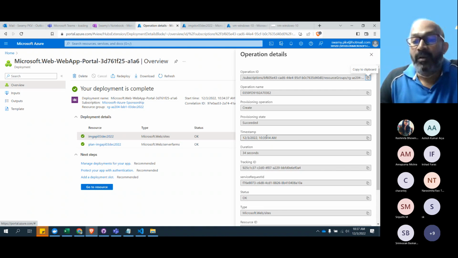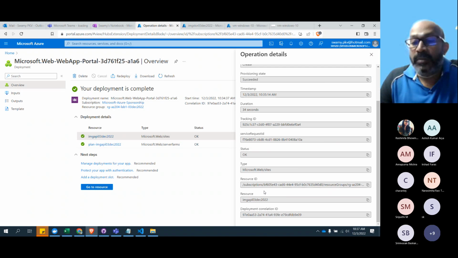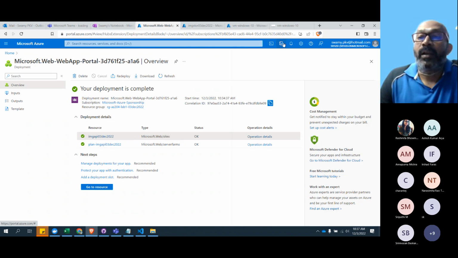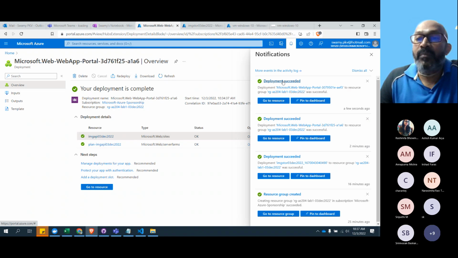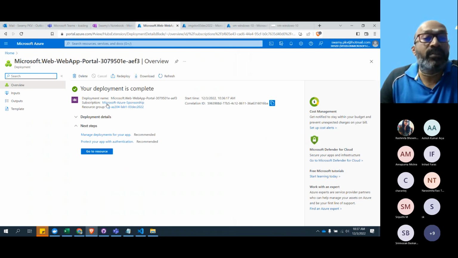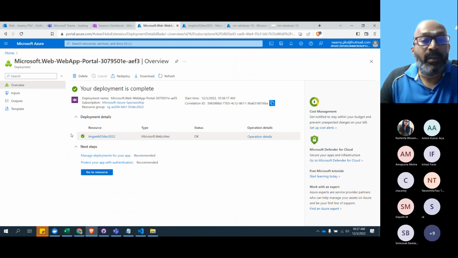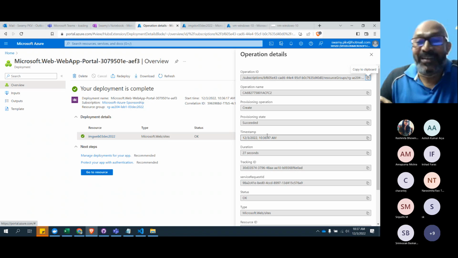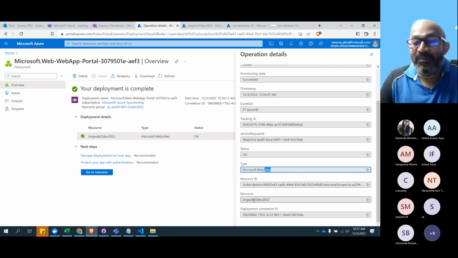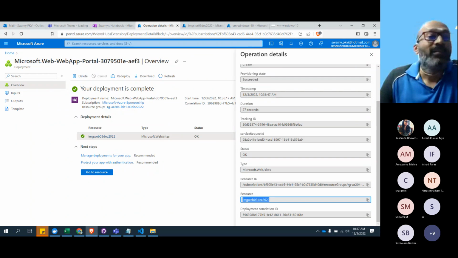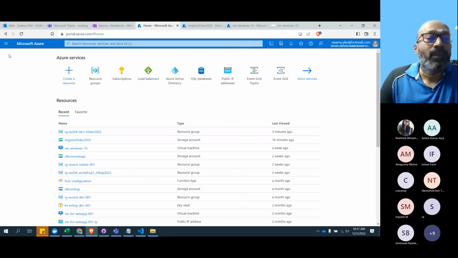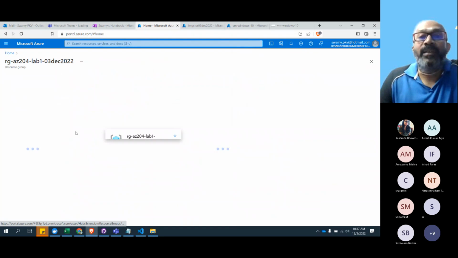This is a web app. This is the name which we have given. So again, we'll confirm the same. Go to the deployments for this web app, expand the deployment details. And here see this, it didn't create the app service plan because we reused it. So all it created is the site, that is this web app name. Hope you guys understood that piece, the difference.